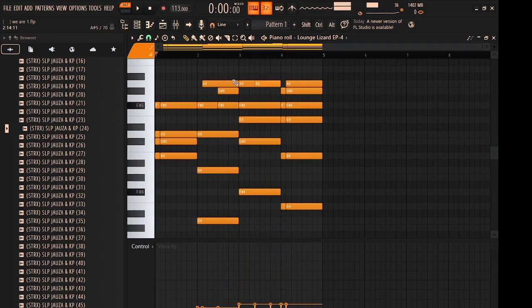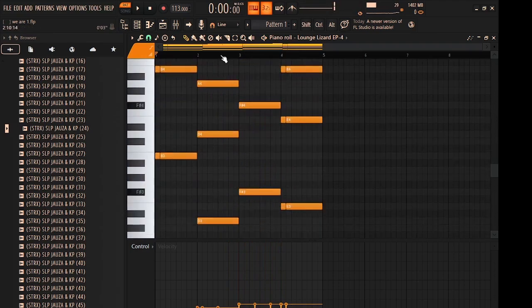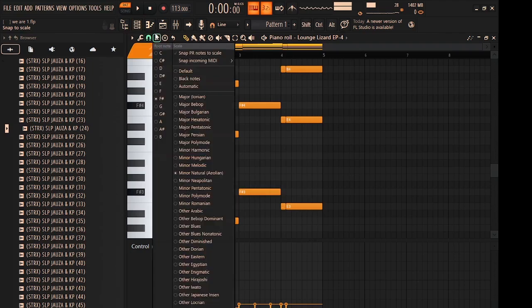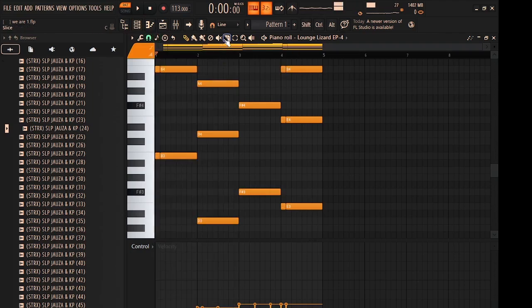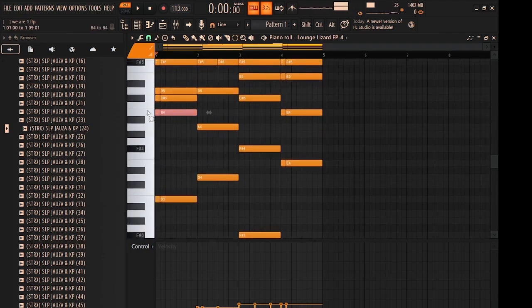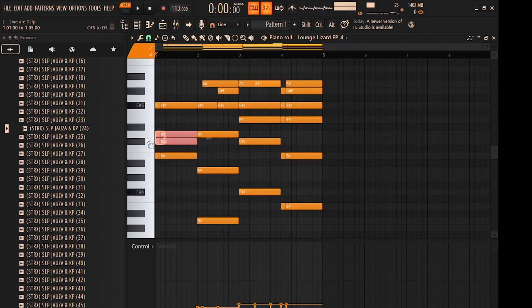Alright, so I'm gonna show you how these chords play. We are in the key of F sharp minor. We start off with B, and normally this note is not supposed to be here.